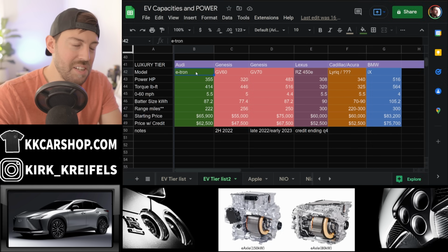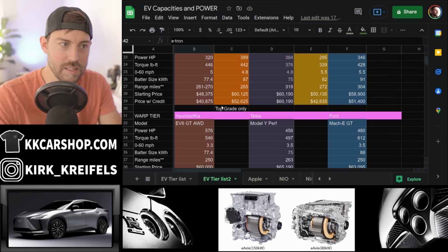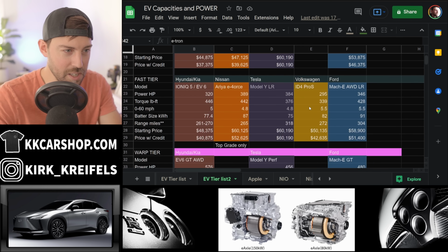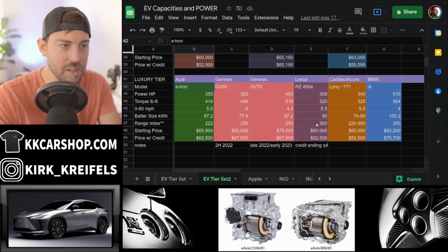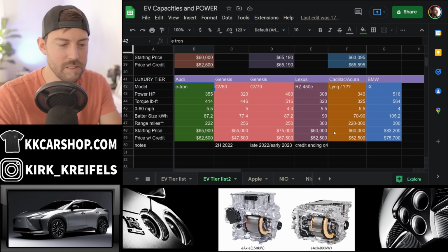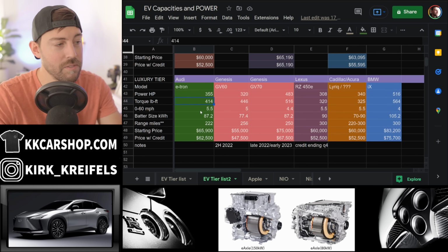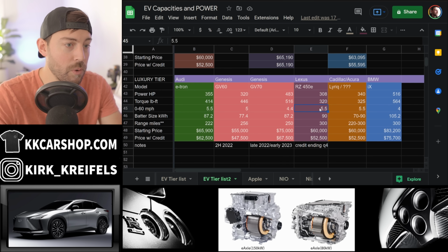The established EV on the market for the luxury automakers, and I'm not including Tesla because I put them in warp tier as well as fast tier. I don't consider Tesla a luxury brand. You guys always have comments about that as well. Anyways, e-tron has 355 horsepower and 414 pound-feet of torque. 0 to 60 should be right there with the